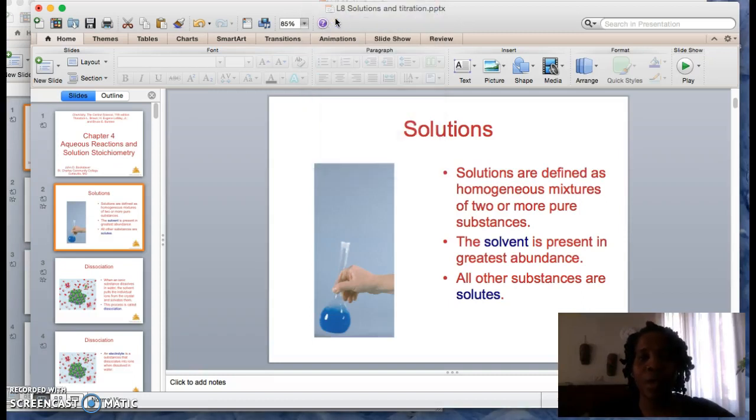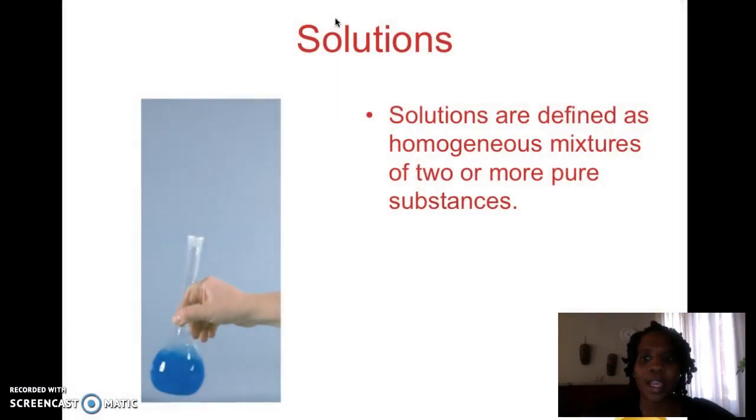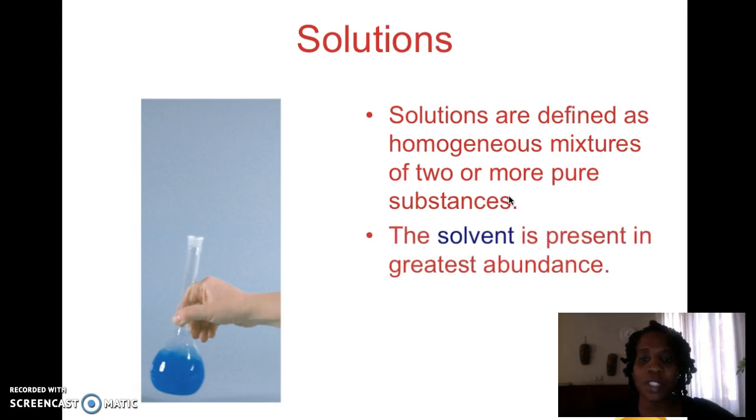All right, so we are going to look at solutions, and you should remember a solution as a homogeneous mixture of two or more substances. The solvent is the substance that is present in the greater quantity, and the solute is the substance that is present in the lesser quantity. So if you want an easy way to remember which, a solute is a smaller word, so it's the smaller